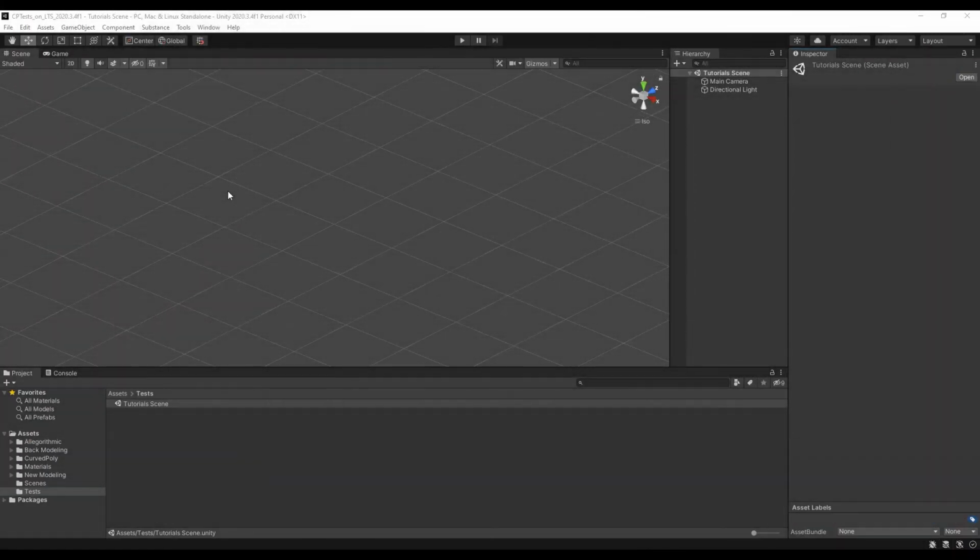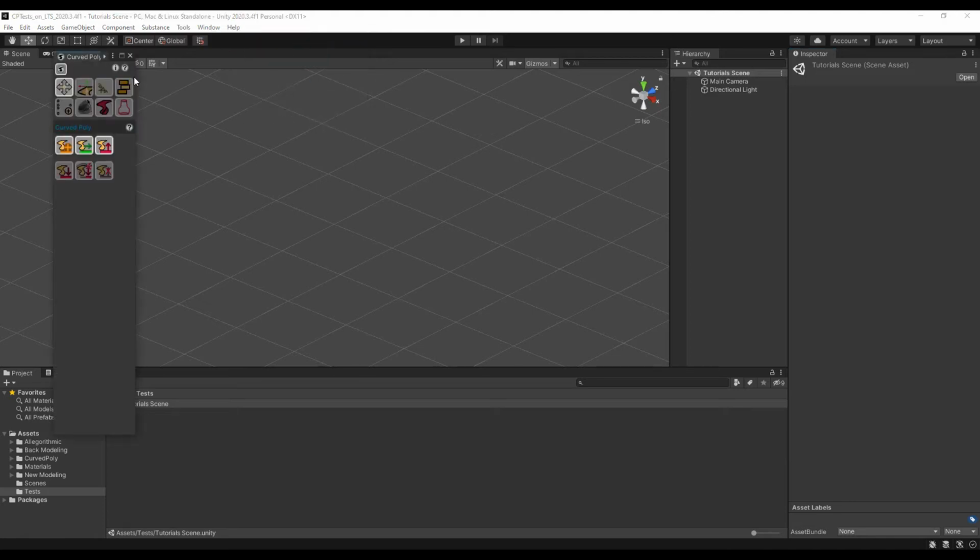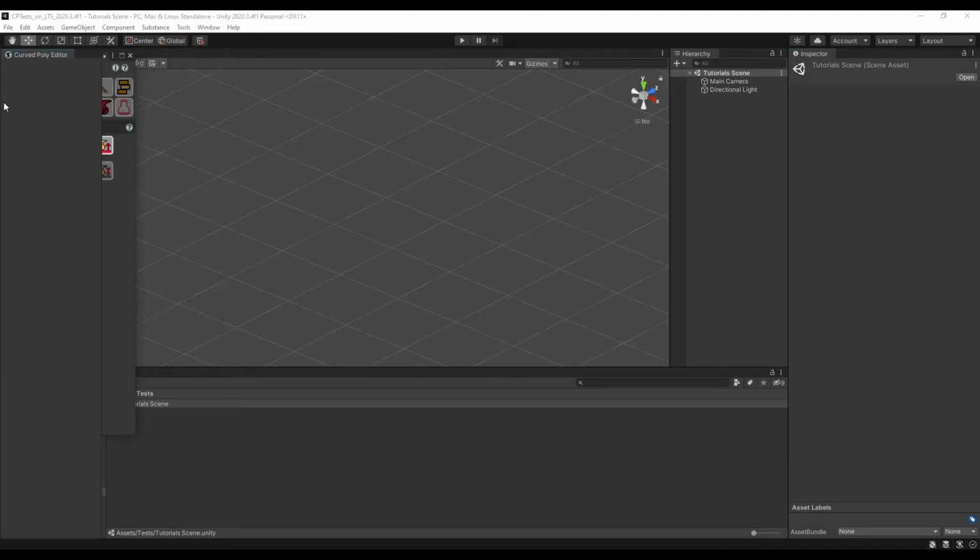In order to start modeling with Curved Poly, we need to access the editor window. You can find it under Tools, Curved Poly, Editor window. This window contains all the tools you need to work on your Curved Poly models, and should always be open